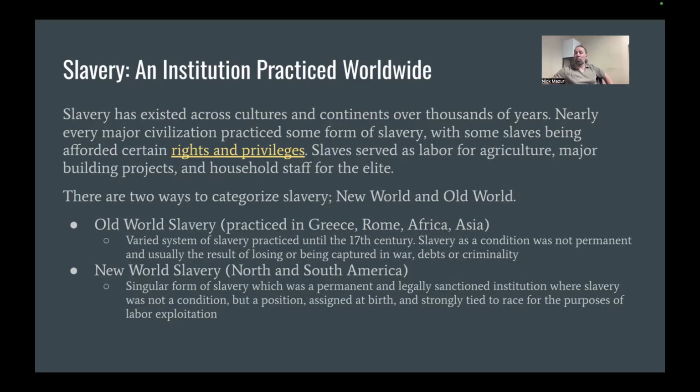So yes, could you be born into slavery? Was slavery a permanent condition for the most part? Absolutely. And so what we want to understand is, why exactly does that happen? Why does slavery develop so differently? And it has largely to do with the changing economies that develop in the New World. And we will be looking at that as a fact.